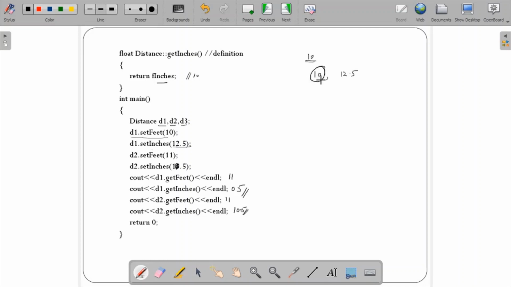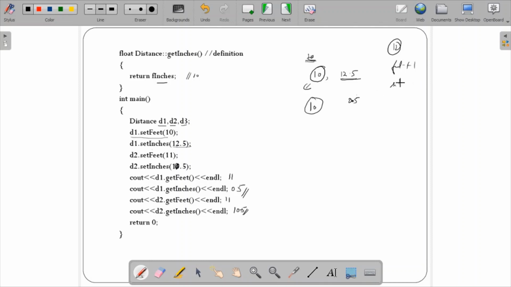When I pass 10 for set inches, the output will be 10 itself. But if I pass 12.5, then it would be 0.5. So what is happening is, if it is greater than 12, f feet will be incremented by 1 and f inches will be decremented.